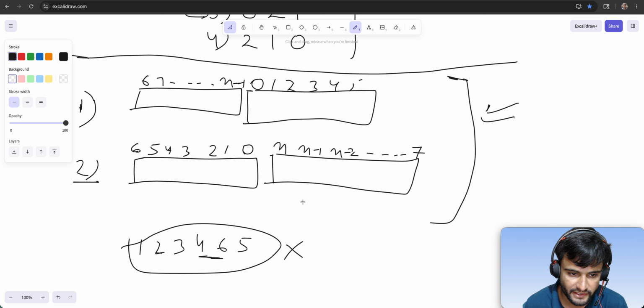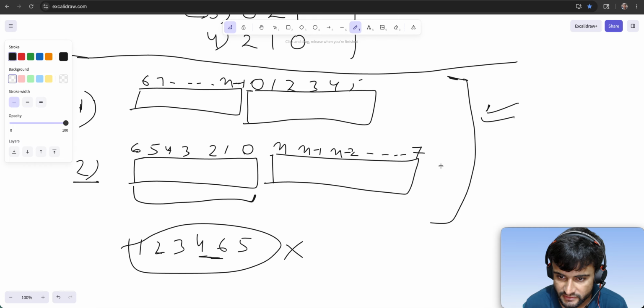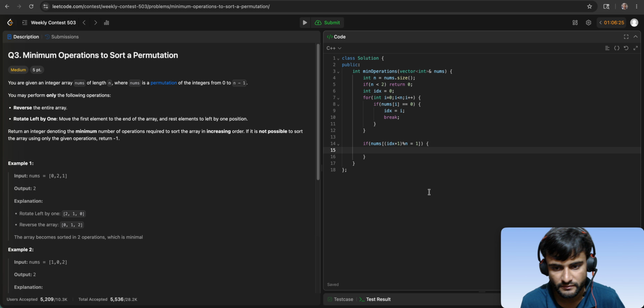So for sorting the second type, we just need to apply the second kind of operation to this complete segment such that this complete segment sits behind this segment. Once this complete segment sits behind this segment, then our array will be sorted in decreasing order. Now we can apply the first kind of operation, that is, reverse the array. So both of these possibilities we will consider. So the first possibility is